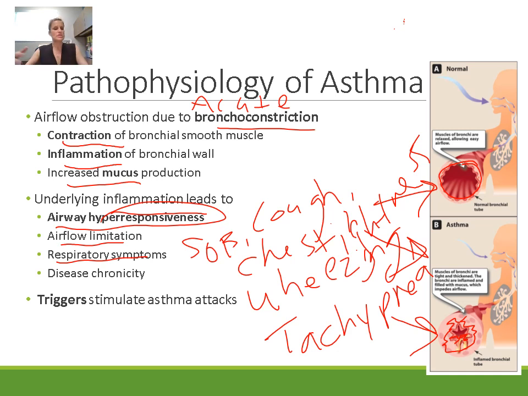Again, we said that there's this hyper-responsiveness in asthma, and that hyper-responsiveness occurs in response to triggers. Triggers are specific environmental things or specific physiologic things that stimulate asthma attacks. Triggers are different in different patients, but triggers include things like exposure to allergens,